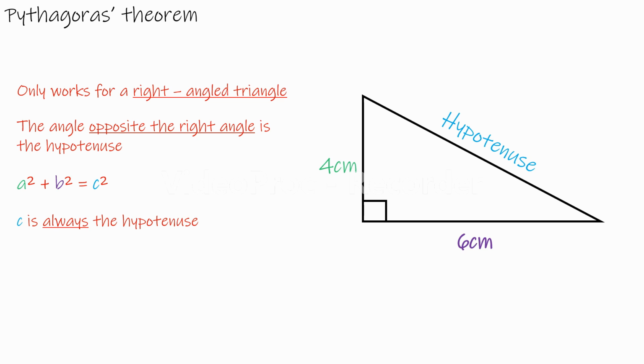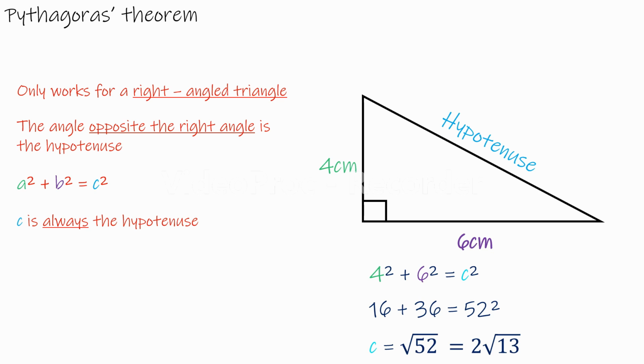But for this question, it's really simple. We simply have to do 4 squared plus 6 squared equals c squared, which means 16 plus 36 is 52 squared. Remember to keep the squared. So the answer to the length of the hypotenuse is going to be root 52, which can be simplified to 2 root 13. I will have a video up soon on simplifying surds, but just make sure you get it